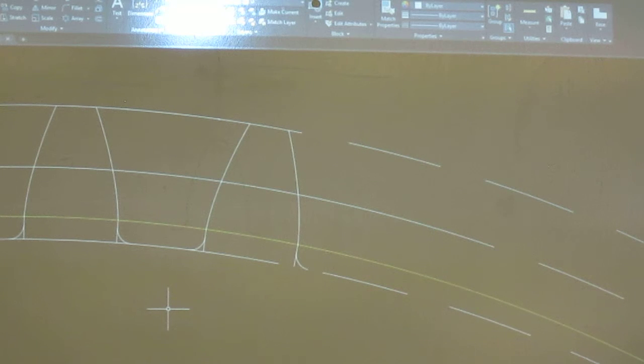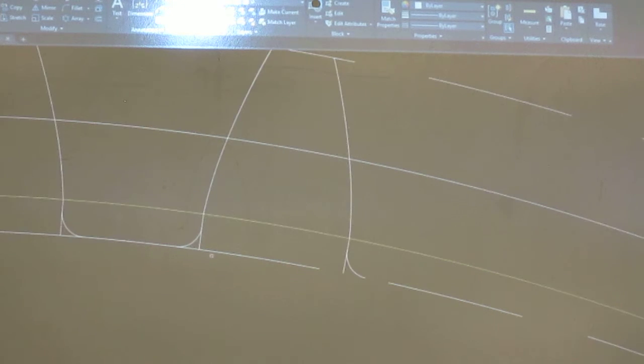Now the whole reason I'm doing this step is I'm setting myself up for an array to create all these teeth in one shot. Did you get that, Cheryl? Uh-huh. Now trim out everything you don't need here, so I'm going to come in and trim all these out of the middle,